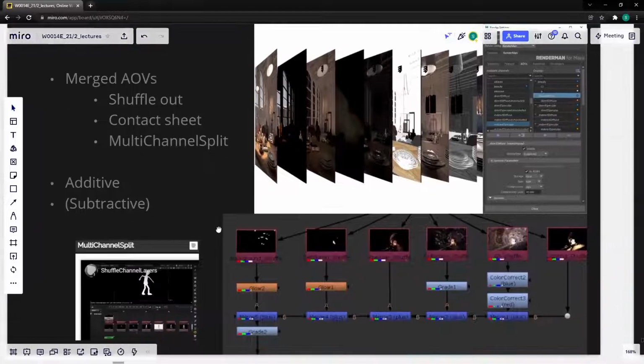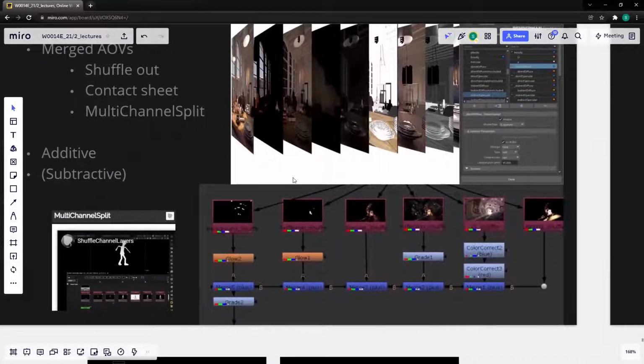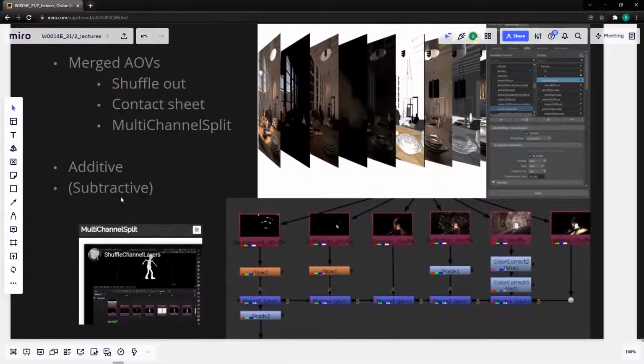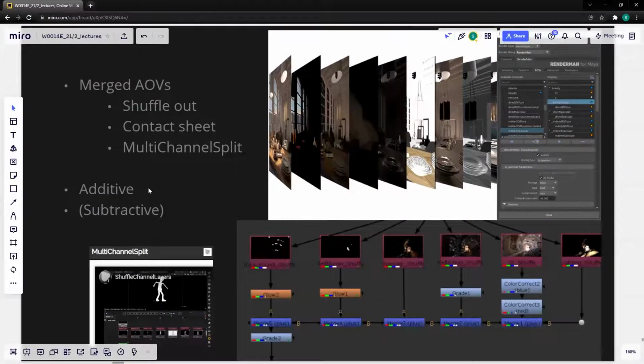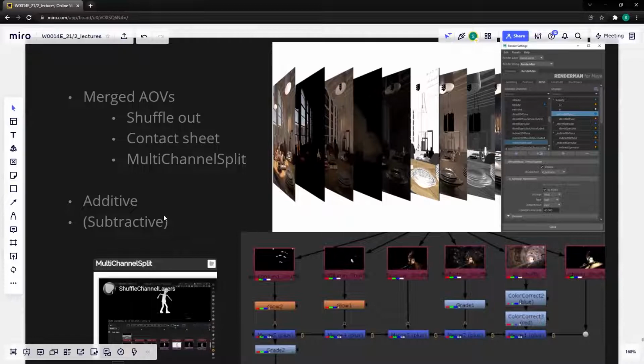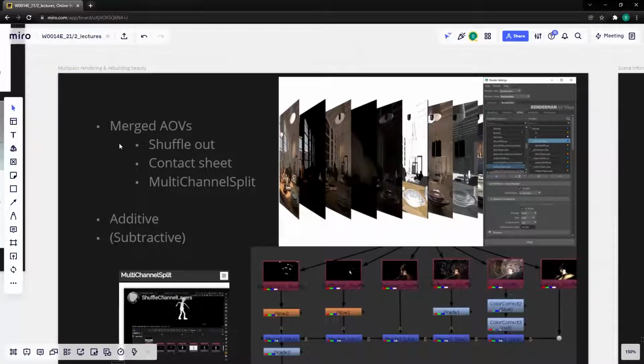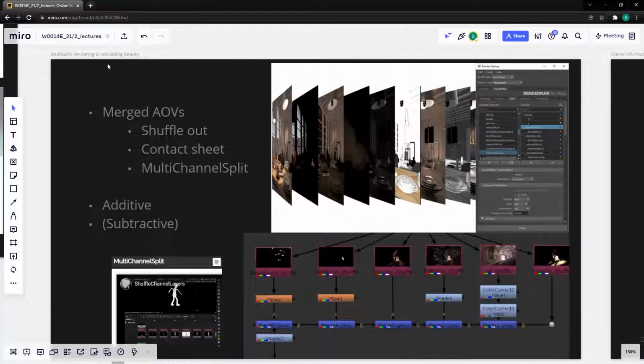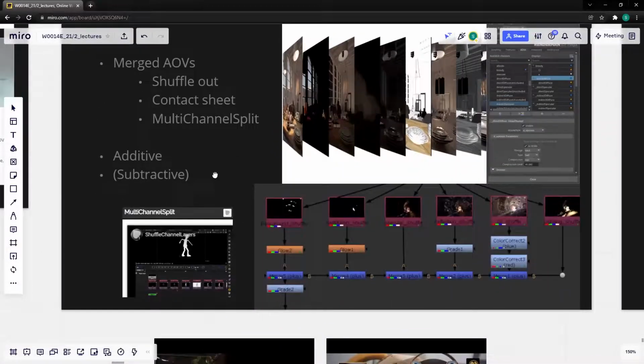There's also a version of this where instead of splitting everything out and then merging it with plus, you would not split it, but maybe you would realize you want to affect a certain thing, and then you could split that out, subtract it, edit it, and then plus it, and that would be called a subtractive workflow, or subtractive compositing, which is something you can look up if it interests you. So this would be the basic process of what is sometimes called multipass rendering, and to rebuild the beauty, which all of this, by the way, is covered